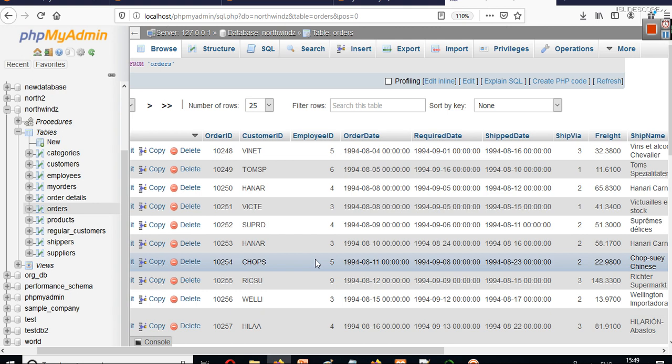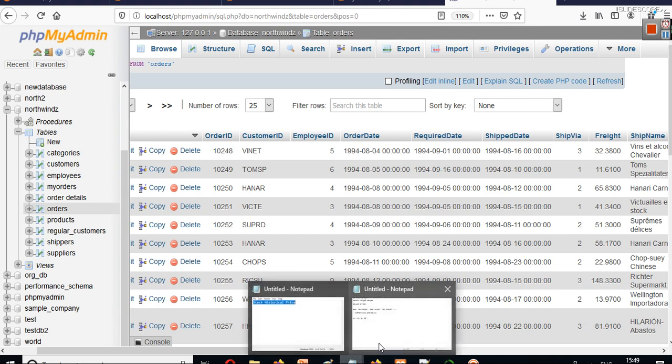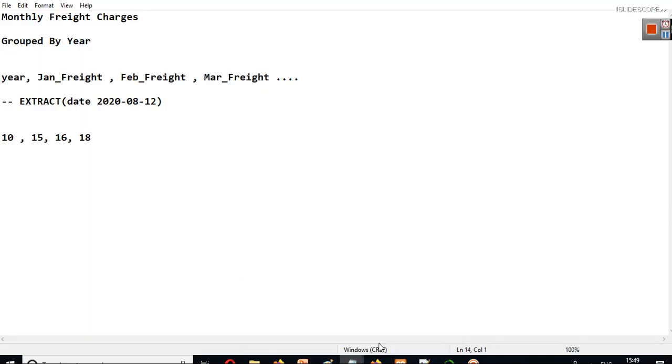Some passengers are traveling in first class, some in second class, some in third class and fourth class. There can be any number of classes here.